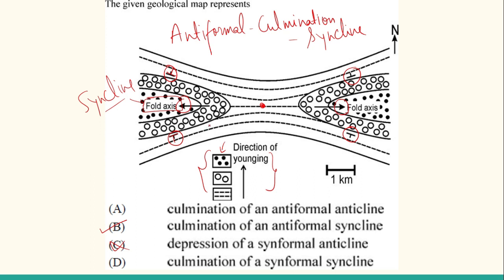Now there is a slight confusion in this figure, that by looking at this figure you cannot comment directly that it is an antiform, because it looks like a synform. But yes, by looking at the map symbols, which are the most important ones, you can easily identify it is an antiform. And you should look at the symbols, because symbols are the only reliable sources of information on a geological map or any map, right? So this is how you do the questions. I hope I made things clear to you. This is all about doubly plunging folds. There is nothing extra about these, and the questions will be somewhat like this.